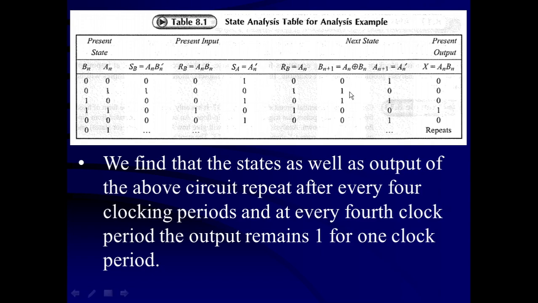Now this next state output 1 0 becomes the present state output before the third clock pulse. So that output 1 0 is written over here. That is the third row, 1 0. Substituting the value of Bn is equal to 1 and An is equal to 0 in all these inputs SB, RB, SA, RA and Bn plus 1, An plus 1, and substituting here will obtain the third output X is going to be 0.